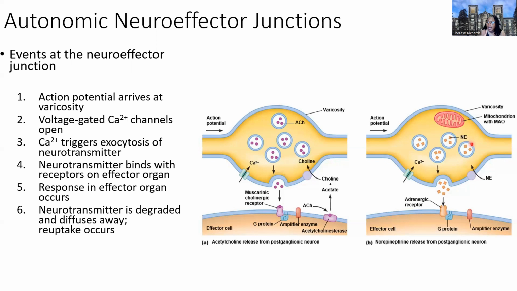We also want to think about the location where norepinephrine is made. They included the mitochondria in this just to show that the neurotransmitter norepinephrine is actually made by a different mechanism. It's made by monoamine oxidase, which is a specific type of enzyme in the mitochondrion that makes the norepinephrine. That will cross the junction and then bind to its receptor and then bring about that response on the effector